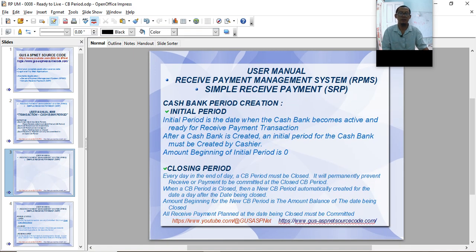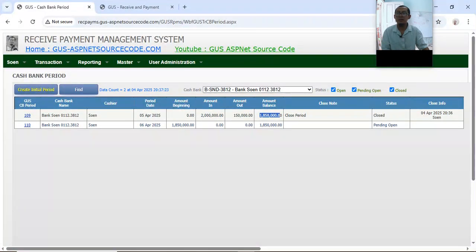Okay, we see here the ending amount balance at 5 April is 185. It becomes the beginning amount for 6 April.